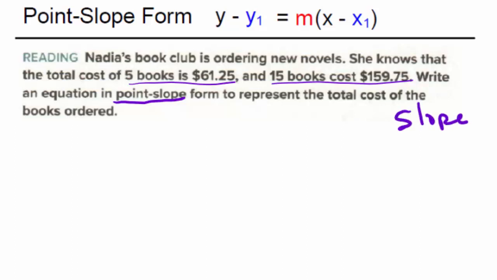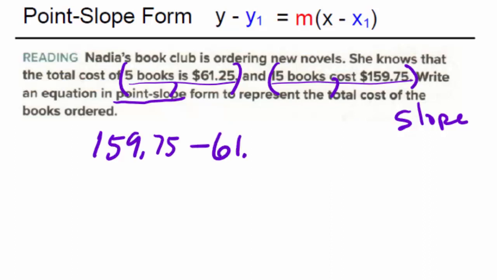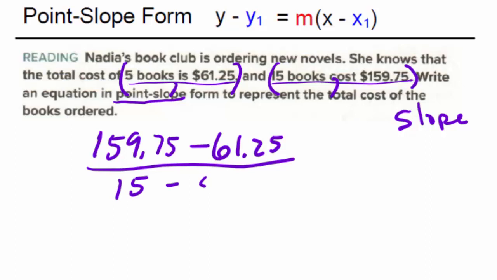So I'm going to write this in the traditional way. So I'm going to do this ordered pair right here. So this would be 15, 159.75, and this will be another ordered pair right here, which is 5 and 61.25. So 159.75 minus 61.25. This is the change in the y values over the change in the x values, minus 15 minus 5. And this is going to give us 98.50 over 10, which means our slope is going to be